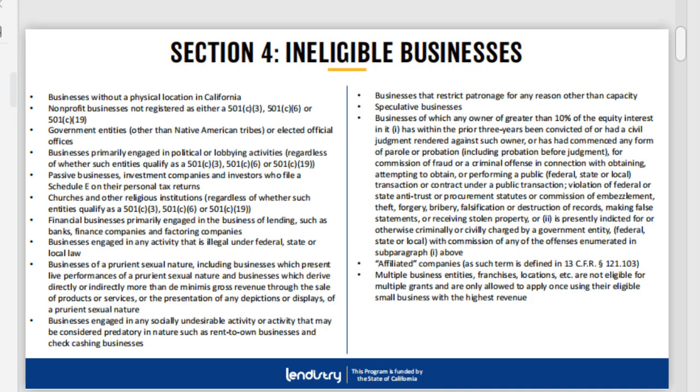So who is not eligible? Well, there are several types of businesses that are not eligible to receive this grant. So businesses without a physical location in California, nonprofit businesses not registered as a 501c3 or a 501c6 or a 501c19, government entities, businesses primarily engaged in political or lobbying activities, passive businesses such as investment companies, if you file a Schedule E,